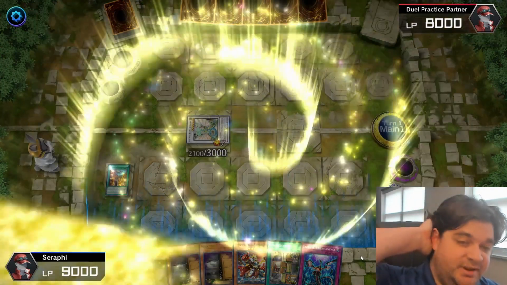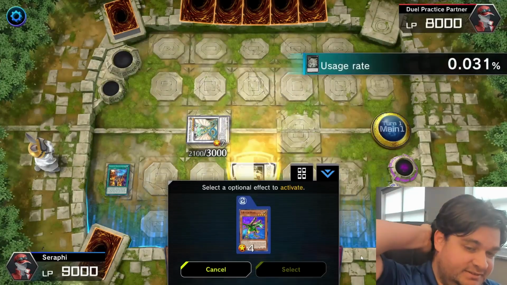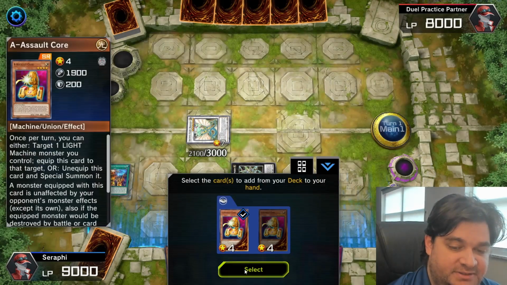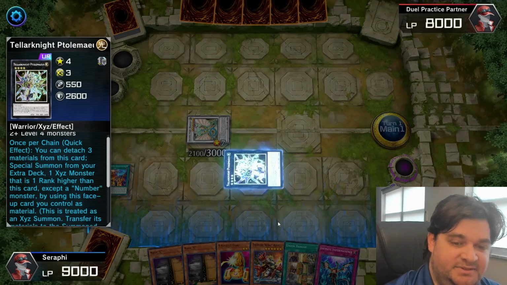We Xyz summon rank 4 Tellarknight Telemas, which activates B Buster Drake's effect, and we're going to add an Assault Core from our deck to our hand. Alright, then we'll activate Telemas's effect,